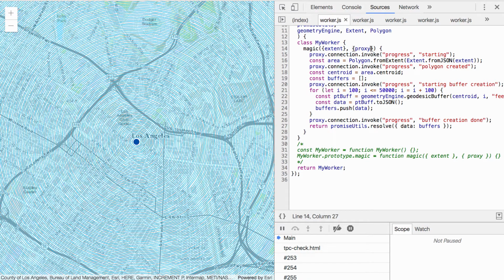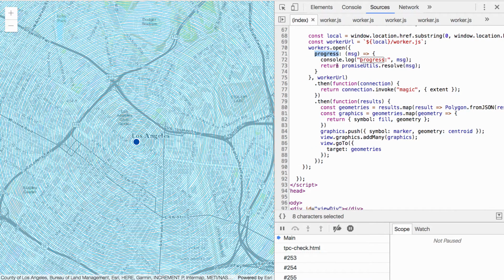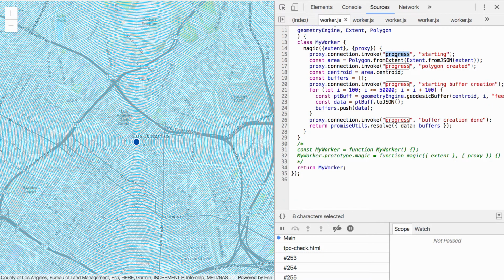This second argument is going to have a property called proxy. This is how you can call back to the main thread. On that proxy you're going to have a connection. Just like in the main thread we have a connection that we can invoke methods, we have this proxy connection that lets us invoke methods back to the main thread. So all I'm doing here is I'm sending a message to the progress method. Remember, if I come over here, I had my first argument with an object called progress. I'm going to invoke that method over there and just say starting. That's all. Just let the main thread, the web browser, the app know that I am starting